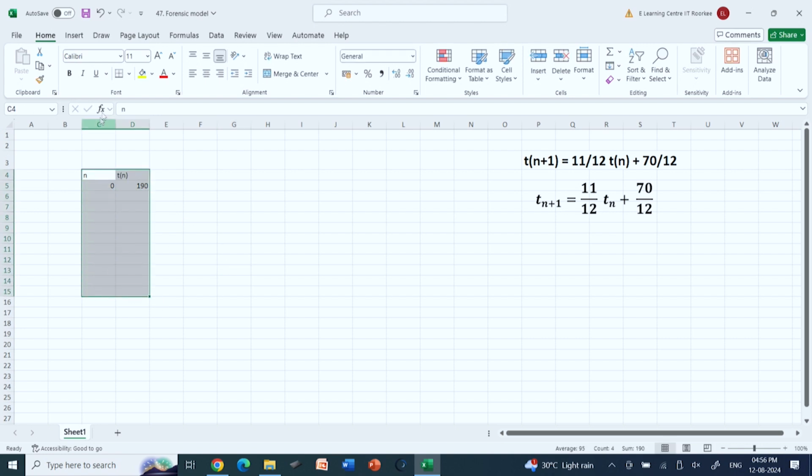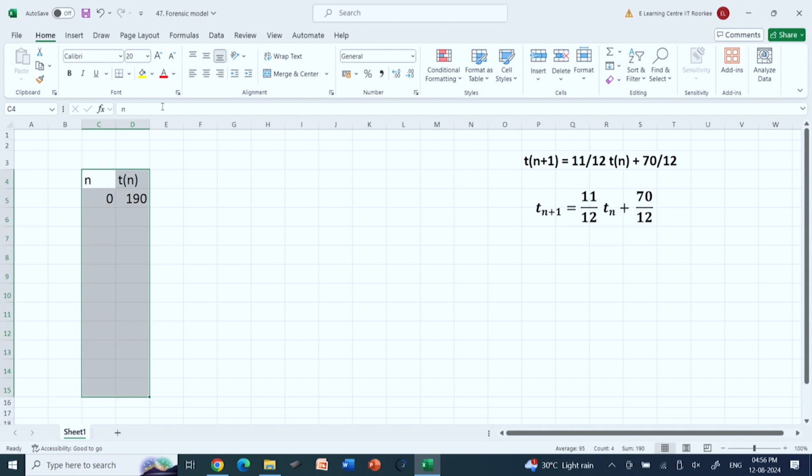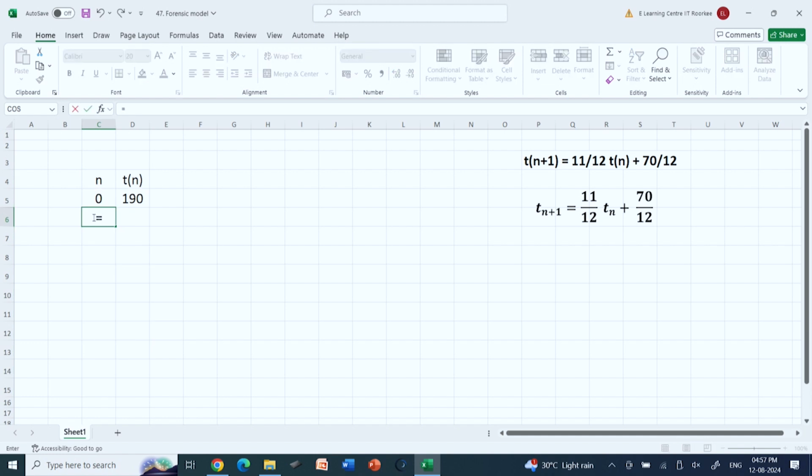I just increase the font to 20 and center the values. So, this is equal to this plus 1. Say, let us calculate this one. This is equal to